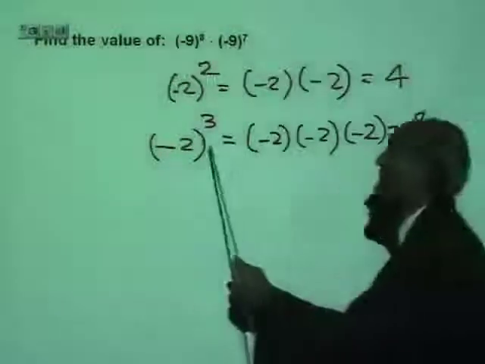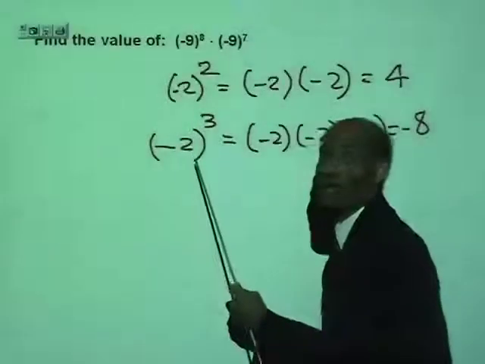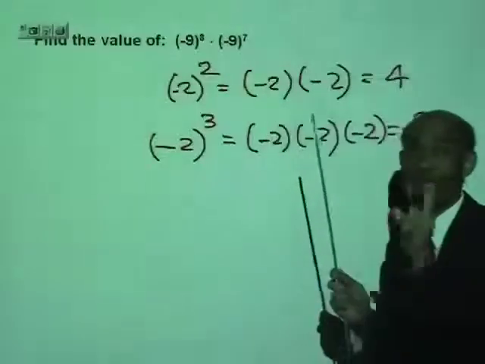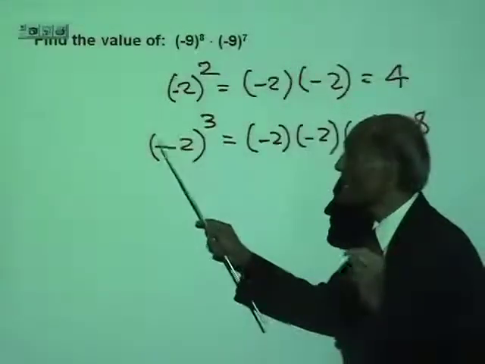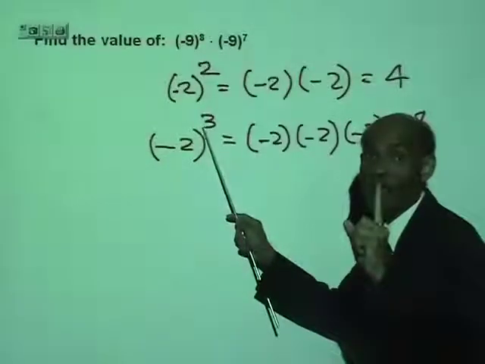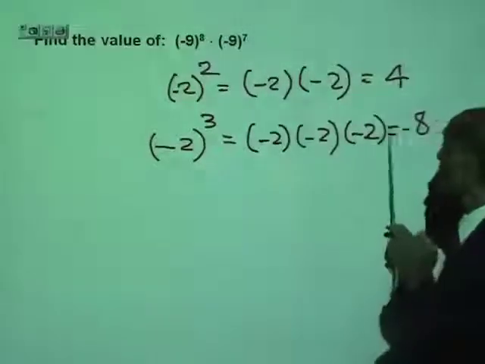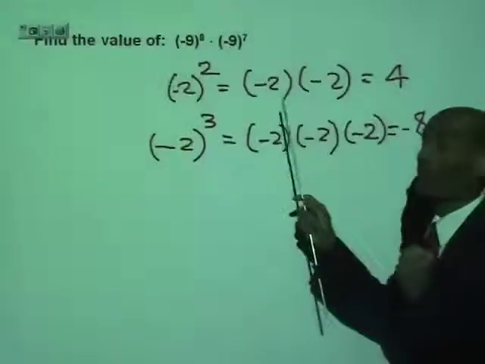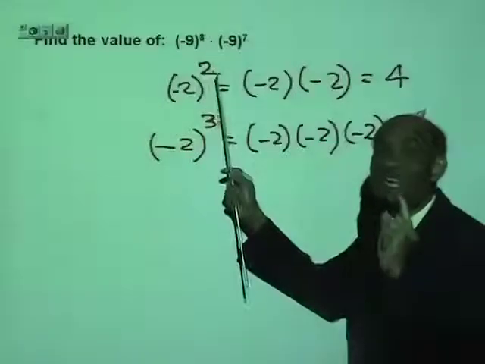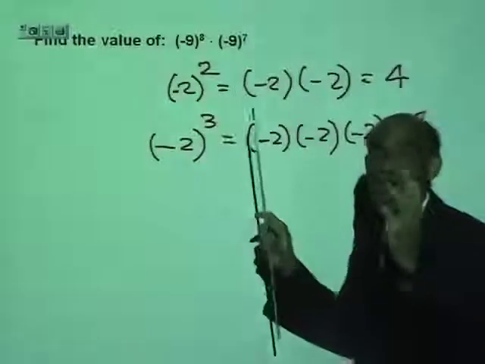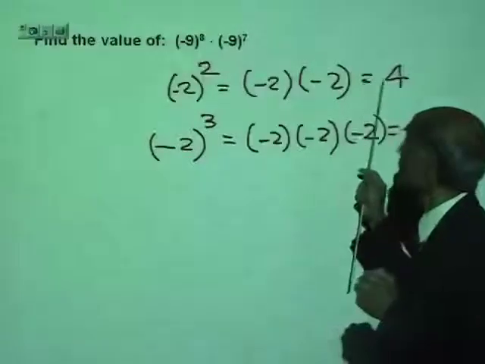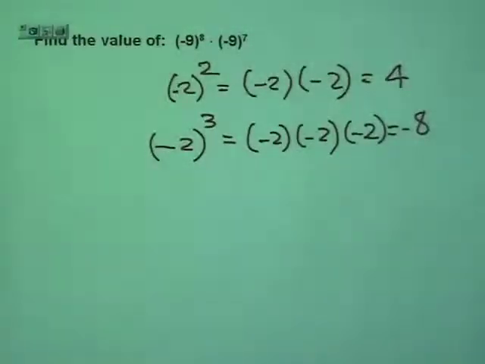So when a negative number is raised to an odd power, I want you to watch this and learn it. When a negative number is raised to an odd power, the answer will be negative. Whereas when a negative number is raised to an even power, you see 2, 4, 6, 8 and so on, the result will be positive. For example,